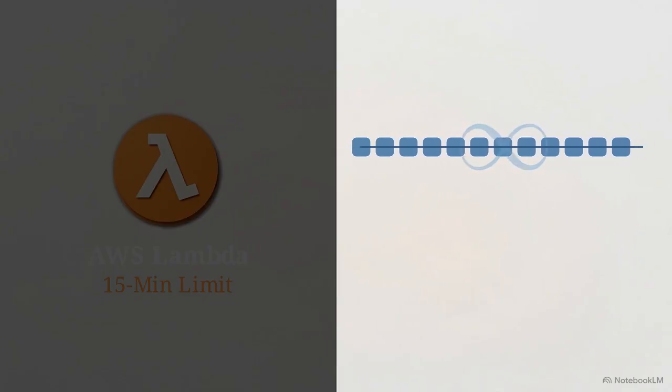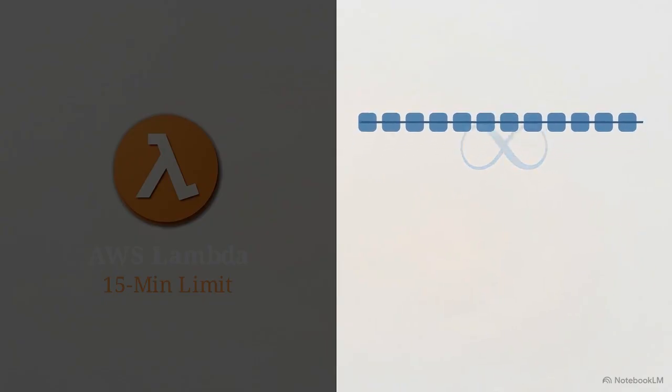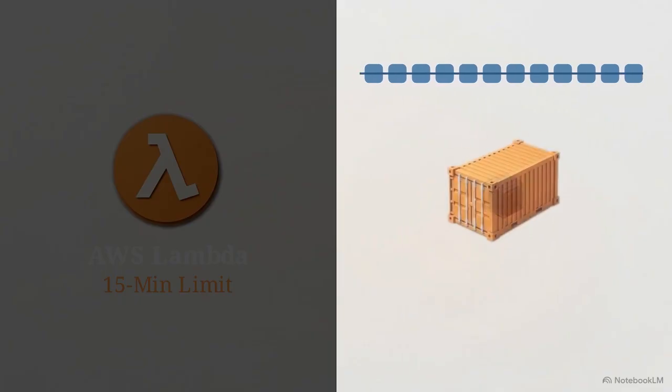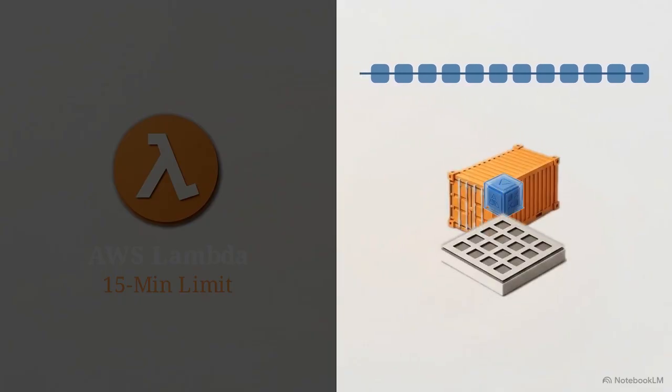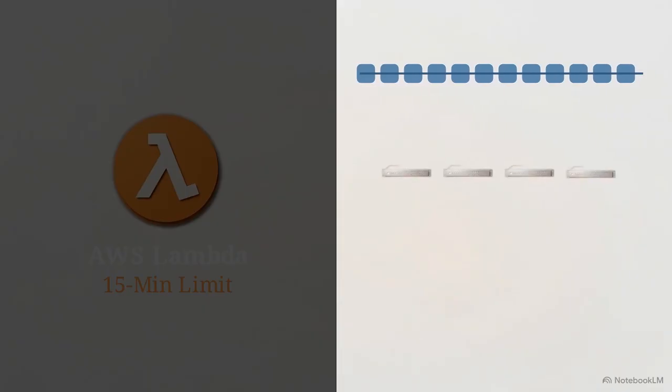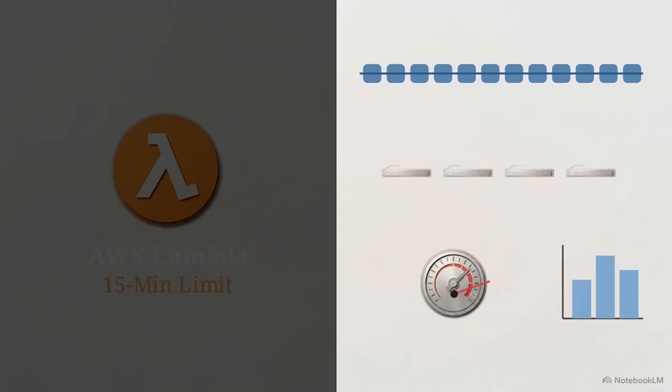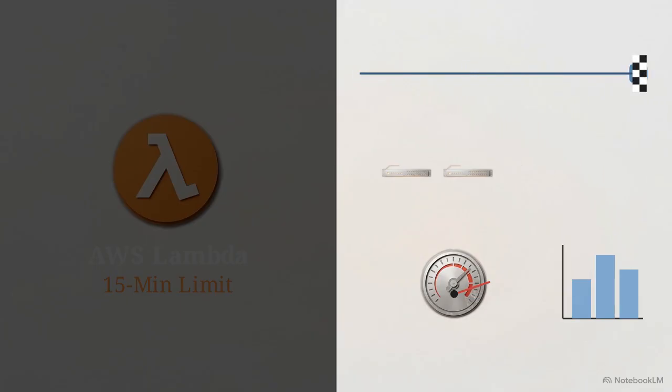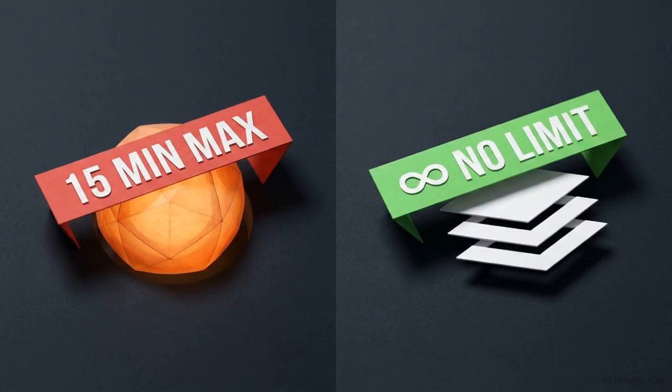For these heavy workloads, AWS provides AWS Batch. This fully managed service enables you to efficiently run hundreds of thousands of computing jobs. A batch job is a computing task with a clear start and endpoint, rather than a continuous 24/7 web server. You define the job as a Docker image and schedule it. AWS Batch dynamically provisions the right amount of memory and compute, launching managed EC2 or cost-saving Spot instances to process the queue. Unlike Lambda, AWS Batch has no execution time limit.